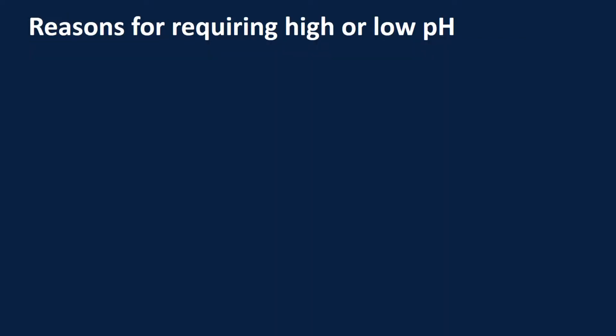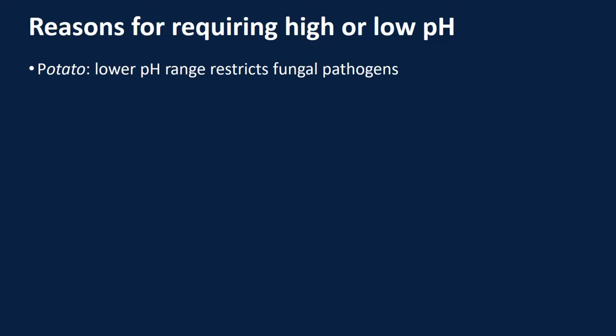And there are several different reasons that plants like high or low pH, not only for reasons of growth or nutrient availability that we've seen so far. For example, if we look at potatoes, they actually like a lower pH because it restricts fungal pathogens. If you talk to potato growers, a lot of times they have problems with fungus in their potatoes. So that lower pH tends to restrict the growth of fungal pathogens, which then helps our potatoes grow well without